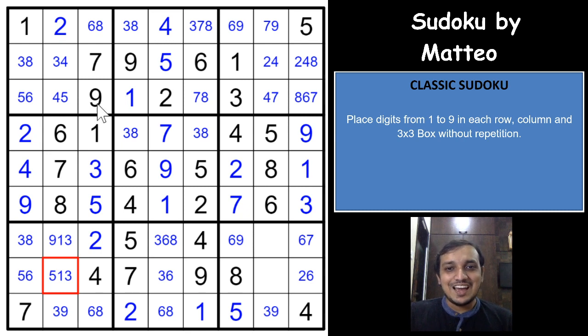I could have directly written a 7 here using the uniqueness technique and completed this Sudoku, I think. Yeah, 7 would give you a 9, 6, 8, 3 and 8, and this 8 would give you 3 here, 4 here, 5 here, 6 here. Superb. But I don't want you to use the uniqueness technique. Thank God I didn't use it, because that would take away the beauty of this Sudoku, the logic that is involved in this Sudoku. And let us see if I get anything else.